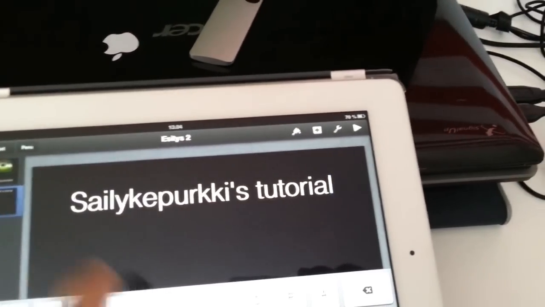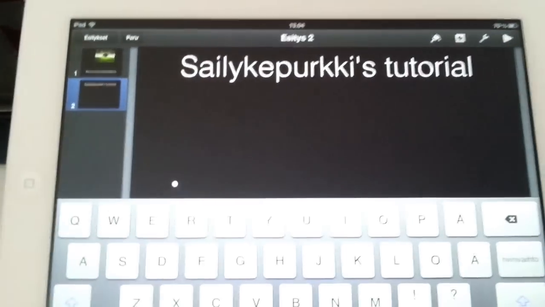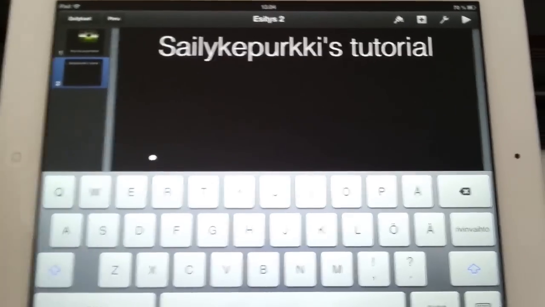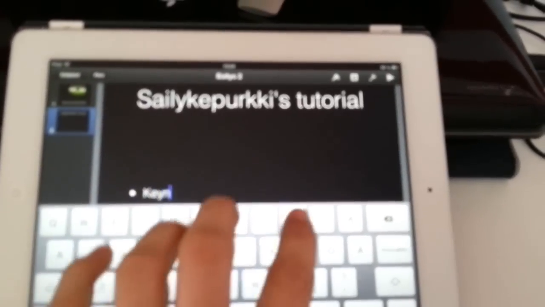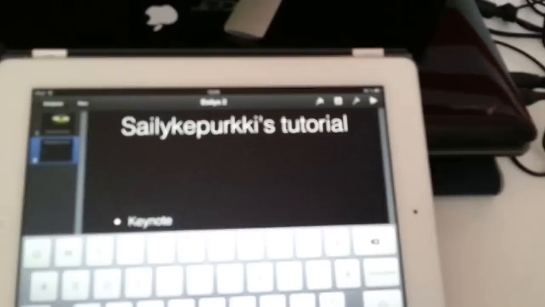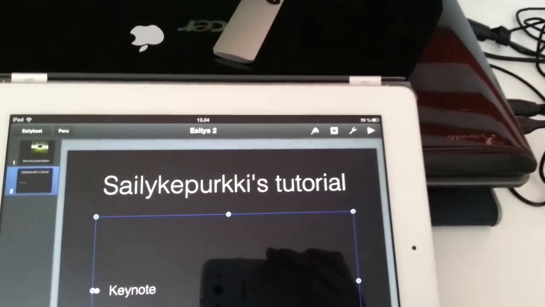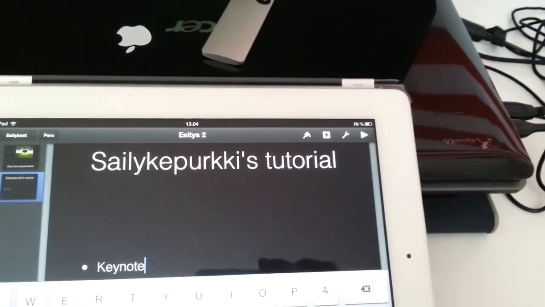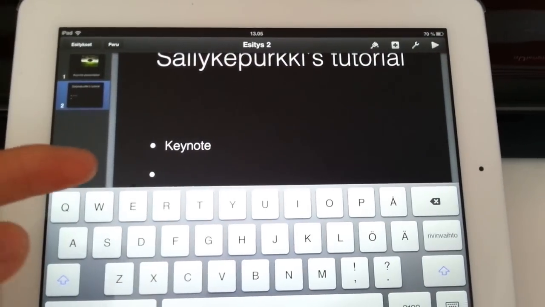You can do that, or then just close the keyboard and double tap these little dots here. It gives, well, I'll show you. Keynote. When you change the row, it gives you another dot.